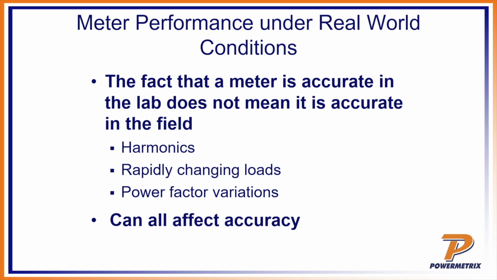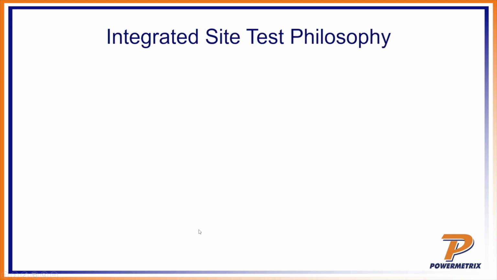Why is this important? Because if you go back to where we started, the meter can only meter what the meter sees. The meter can't see everything, and the meter is under a variety of conditions. And so whatever the meter sees, if that changes and that has so much variety, then that's how it's going to meter. Does it still meter correctly under all those conditions? So all of these things are things that can affect the accuracy.